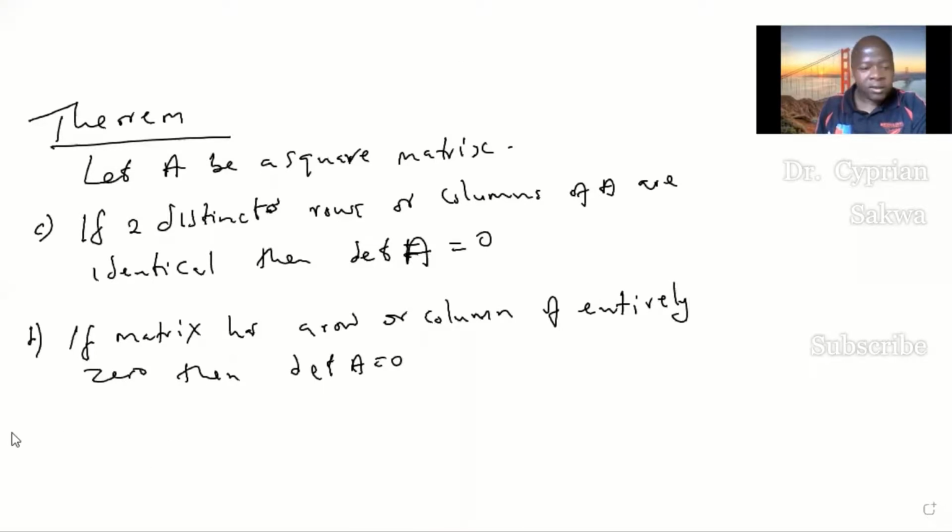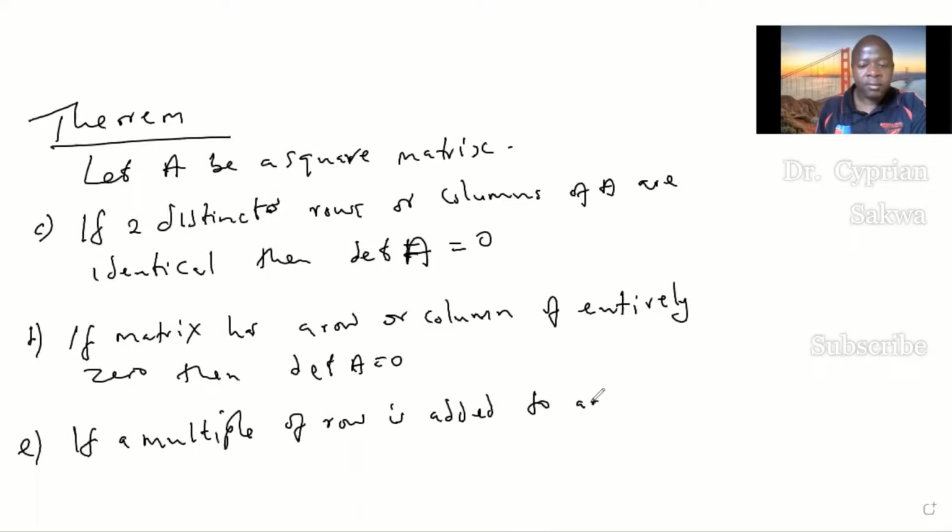Then the last part of this theorem, part E, says that if a multiple of a row is added to a different row, or if a multiple of a column is added to another column, then the determinant of the resulting matrix would be the same as the one of the original matrix. So if a multiple of a row is added to another row,